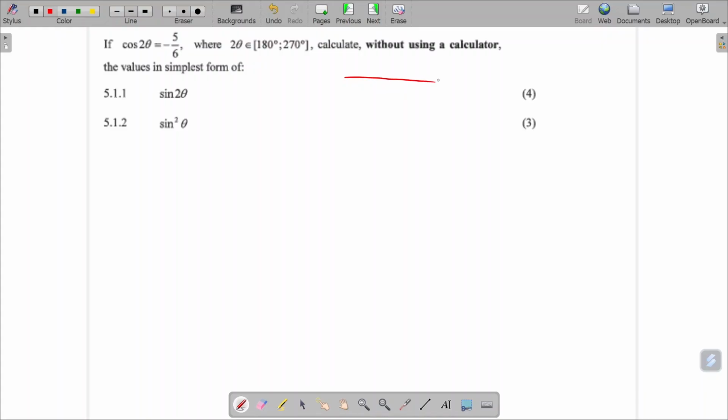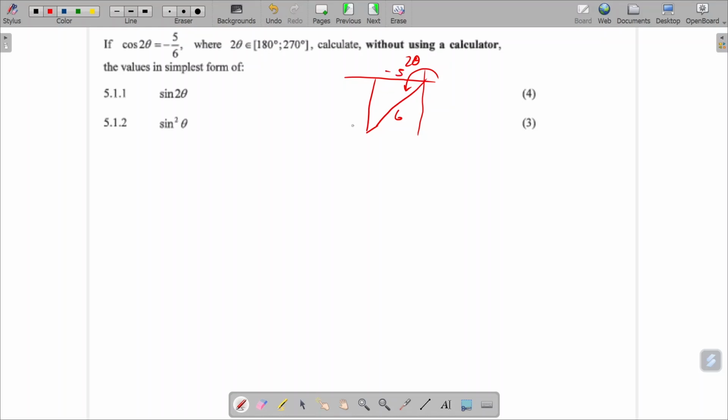So we can do a quick sketch of it. And we can say, cool, having drawn a sketch, it's between 180 and 270. So we know that the angle is there. There is 2 theta. And we know that is equal to minus 5 over 6. So we know that the hypotenuse is 6, the radius is minus 5. Sorry, other way around. The hypotenuse is 6, the x value is minus 5, which means that we could work out the